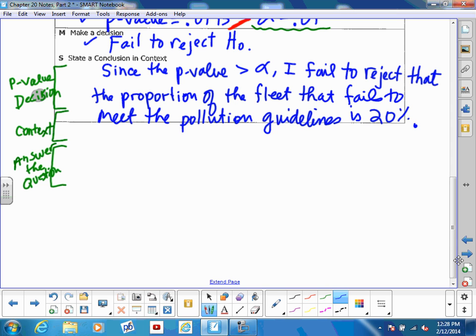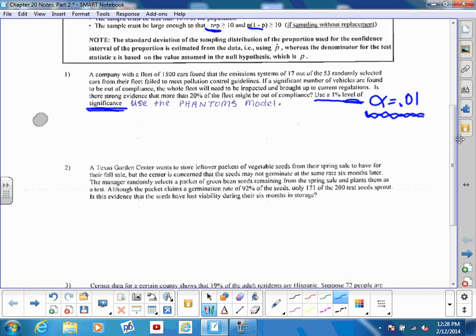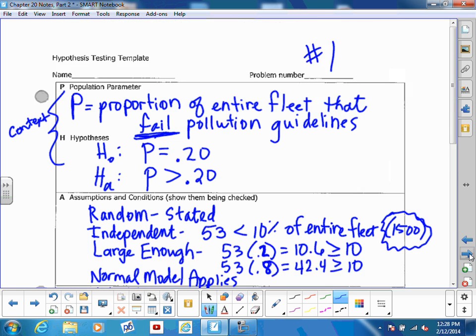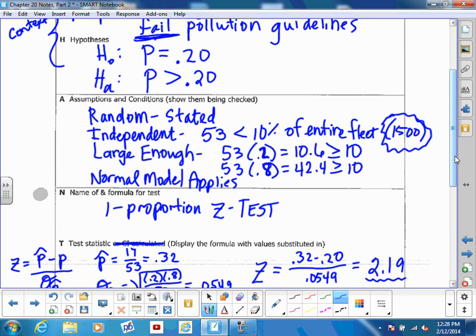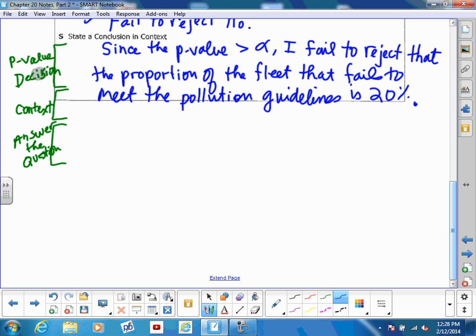Okay, now we answer a specific question. This is always a statement about the alternative. Statement about the alternative. And see, this says, right here is the specific question. Is there strong evidence that more than 20% of the fleet might be out of compliance? Okay, see, so it is a question about the alternative. So do I have evidence that more than 20% is out of compliance? No. So you word that and you say, therefore,